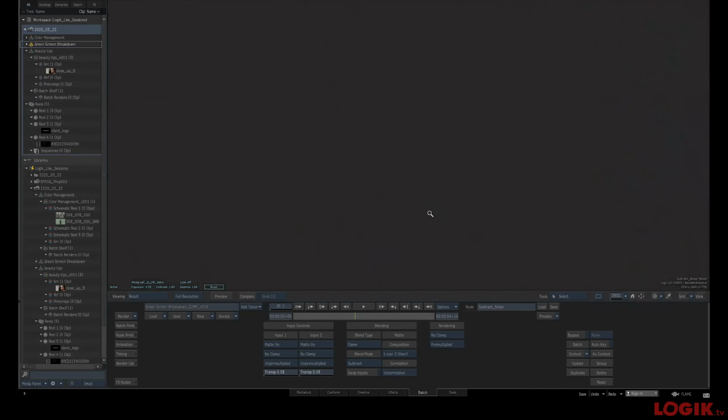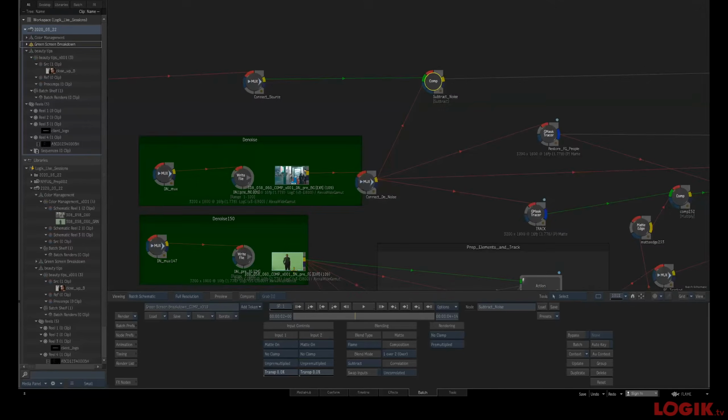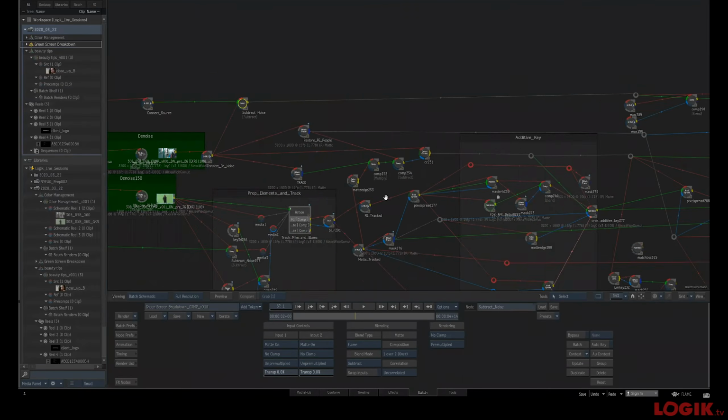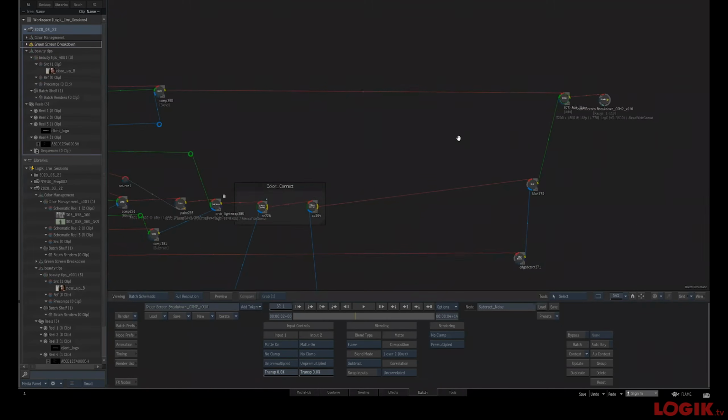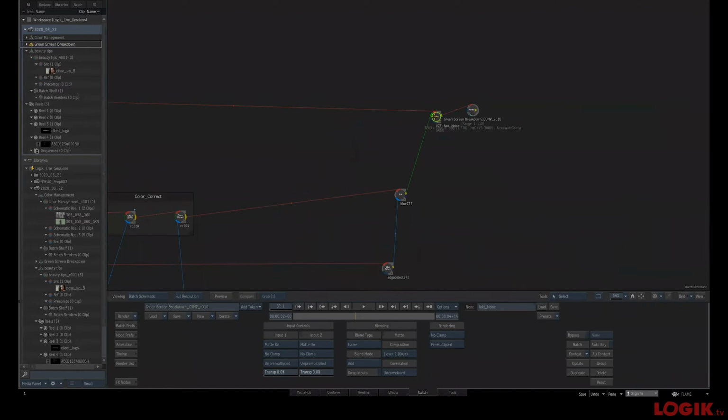I don't know how much of this is coming through on the stream, but what you do get here is a pass for the noise that you can then mathematically add to the end of the pipe here with, where is it? Here we go, an add node, right? It's normally what we do is, oh,